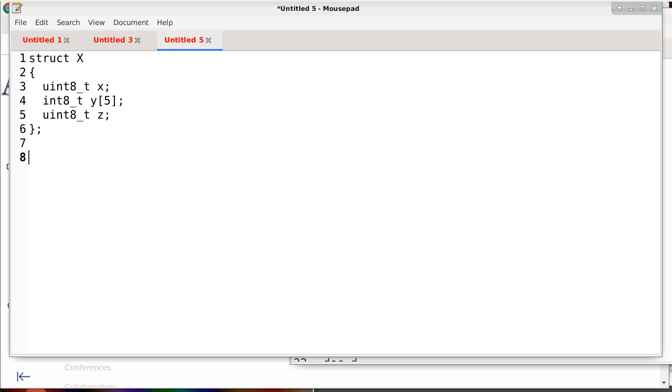Because the struct concept existed before class. Class basically evolved from struct. So is that okay? All right. So I'm gonna write a subroutine here. So we got main,